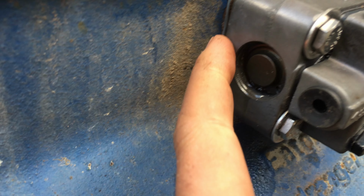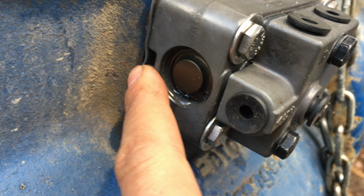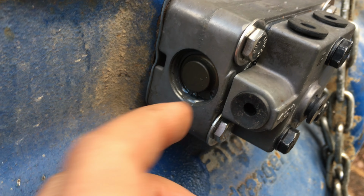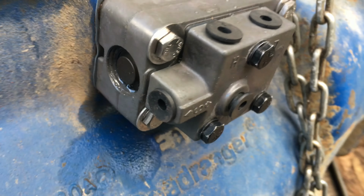So I'm just looking at the slave valve here, and I see this hole in the back. That must be the exhaust valve. We'll determine by testing it shortly, but that must be the exhaust valve. And on the old one, or a slightly different model,